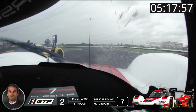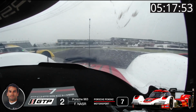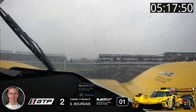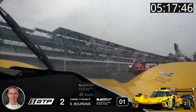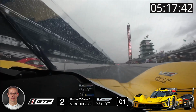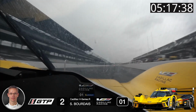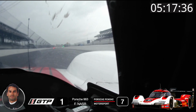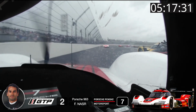We see a slow LMP2 car on the outside. Nasr tries to go around the outside of Bourdais, who is not able to use all the road on the exit, has to hold a tight line, and allows Nasr to squeeze past down the front straight, but Nasr runs slightly wide on the exit. Bourdais gets the better run coming out of the corner, and they are side by side down the front straight in these rainy conditions, with Bourdais now poking a nose ahead of the number 7 car into the braking zone